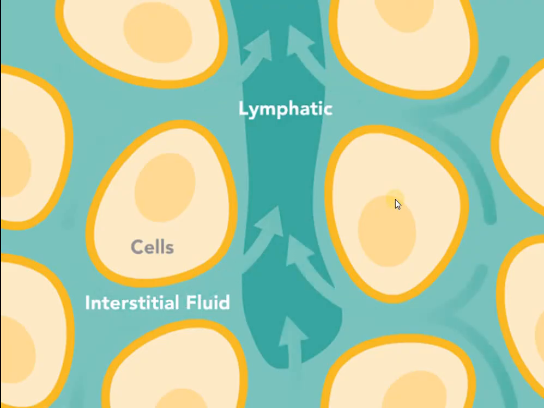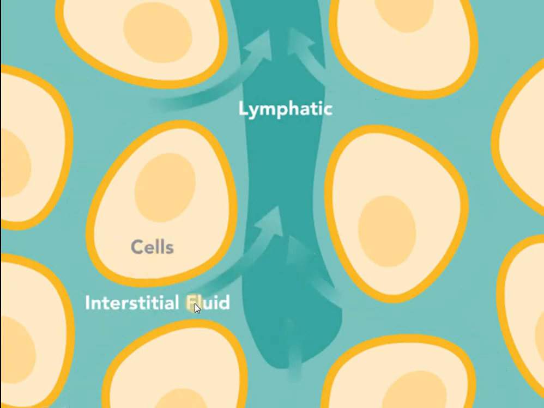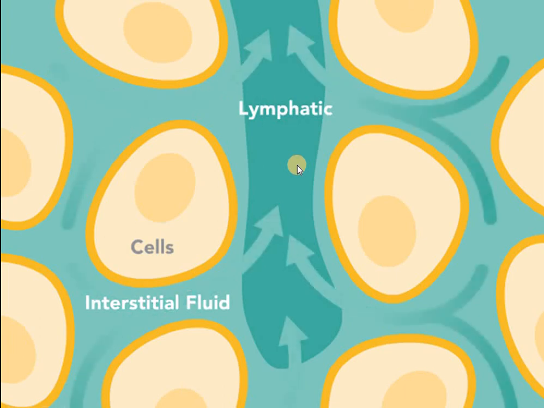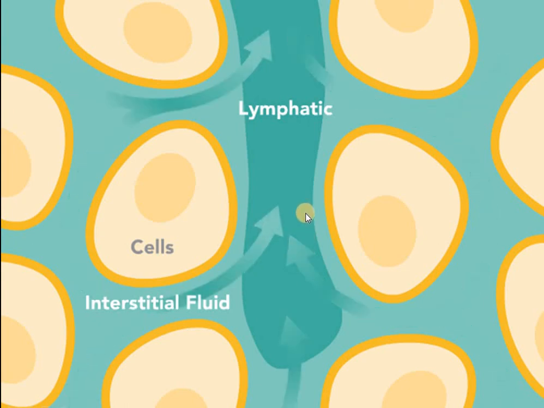This is done by lymphatic vessels which are present among the tissue cells. Here you can see the yellow ones are indicating the cells of the tissue, while interstitial fluid is lying here. Excess of it is taken into the lymphatic vessels through osmosis or by diffusion. So this lymphatic vessel will carry the excess interstitial fluid or tissue fluid and will drain it into the subclavian vein, and that vein will ultimately go into the heart, which will ultimately pump the blood back to the arteries and then arterioles and so on.